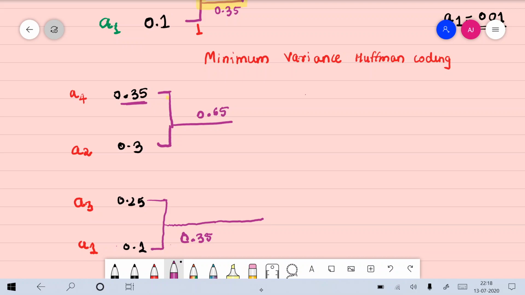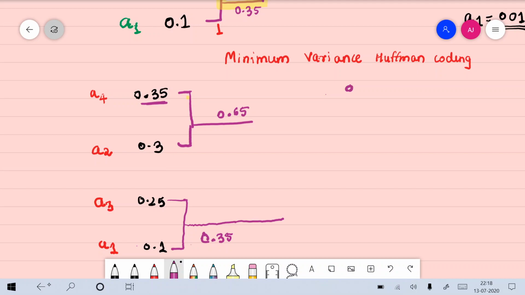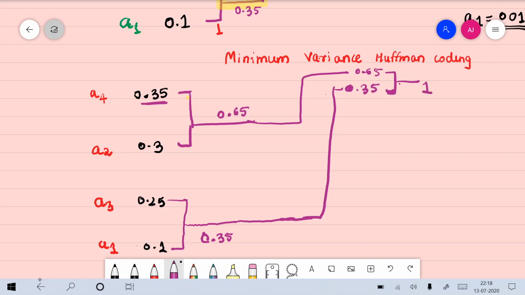So here, suppose 0.35 was sitting here, above your original probability. Okay, just give me one second. Yeah, okay, so this is my 0.35. Let me draw a line here. And this was my 0.65. So what will happen? My 0.65 will go and sit here. So this will be my 0.65 and this is my 0.35, and then I have the addition as 1. In the ideal case, what you would have done is 0.35 would have come somewhere here.